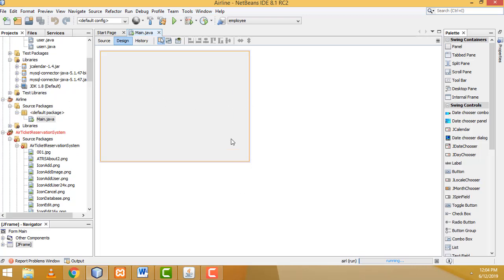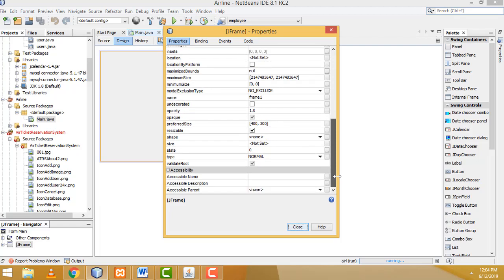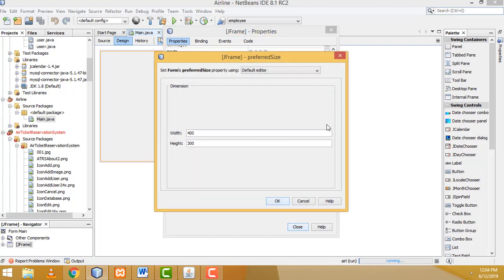Now what I am going to do is increase the size. This Main.java size should fit into our laptop screen size. So how to do the task is, here select this frame, right click, properties. Here we have to go to the properties. This is the preferred size. You have to go to the property preferred size and adjust it like this,